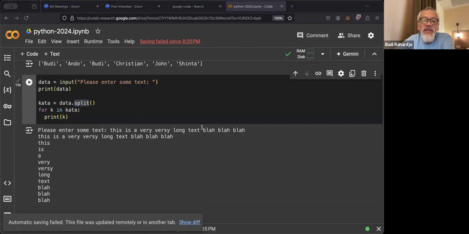Now, after this, I think I'm going to close the night for today, because next week we're going to do more in terms of using Python for processing more data. We're going to read CSV, read Excel files, and then we're going to use Matplotlib to plot all kinds of plots.